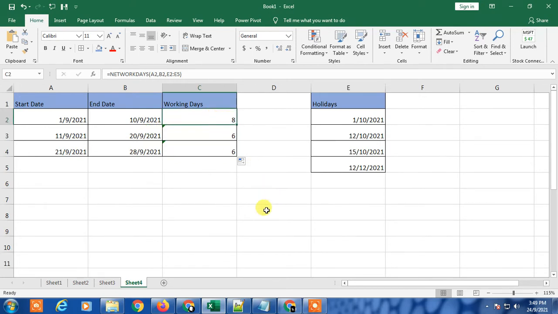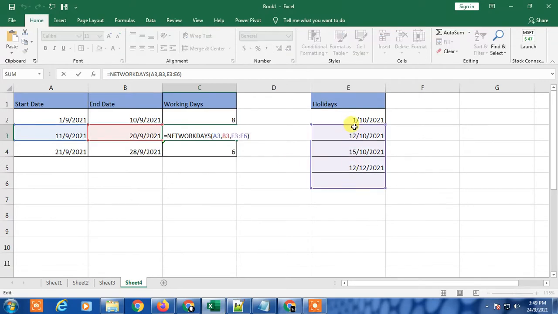If you click on the first formula and press F2, the holidays have been selected perfectly. But when you click on the second formula, where you copied it, and press F2, you can see the holidays cell has shifted down and skipped the first holiday.